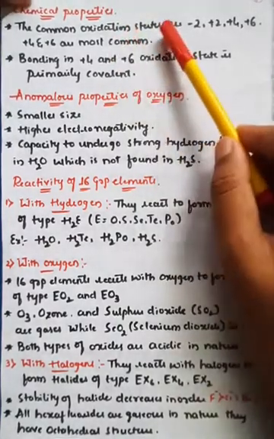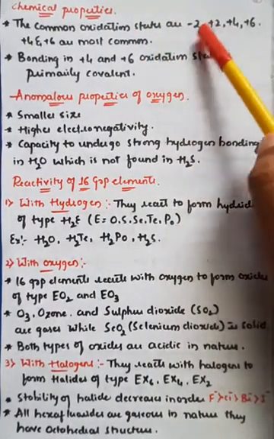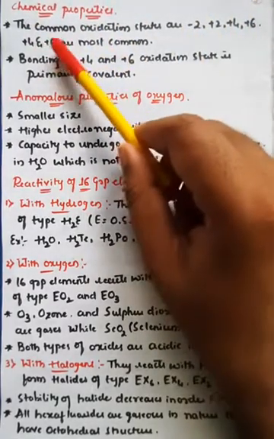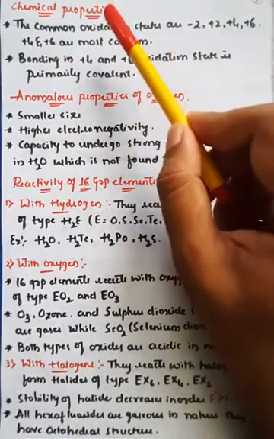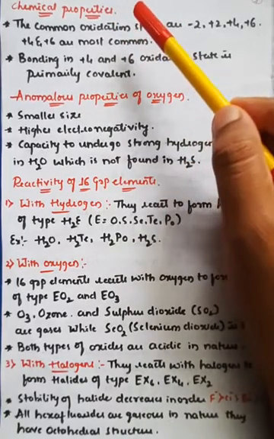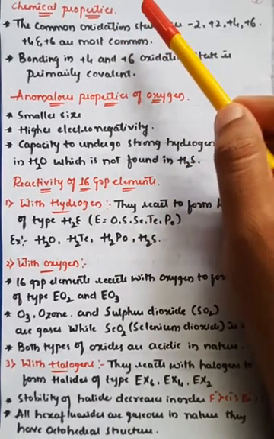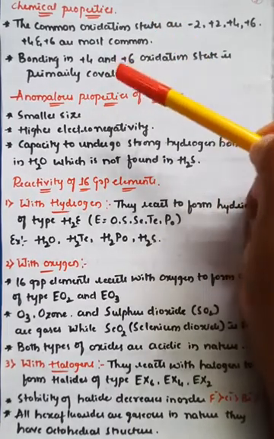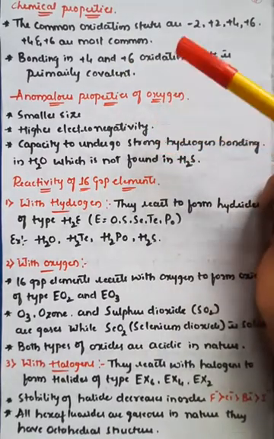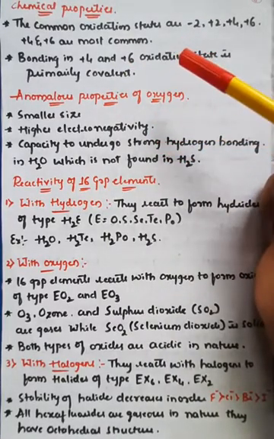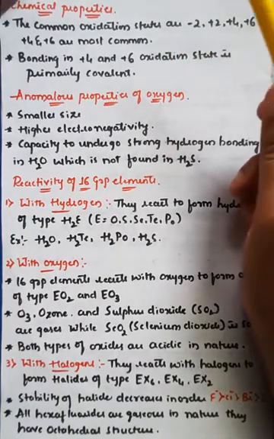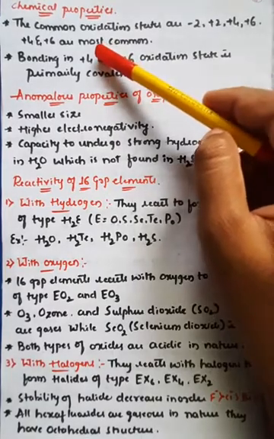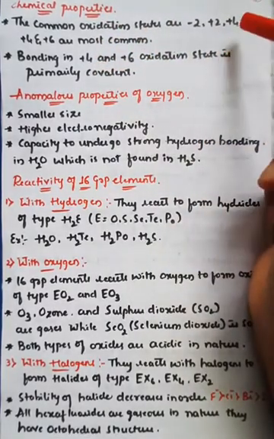So the common oxidation states you can see in case of 16th group elements are -2, +2, +4, +6, and +4 and +6 are the most common in case of group 16, right? The oxidation state is the number of replaceable electrons from the atom, or how many electrons can be added to that atom. That is generally called oxidation state, which is a chemical property. It can show the oxidation states of -2, +2, +4 and +6,